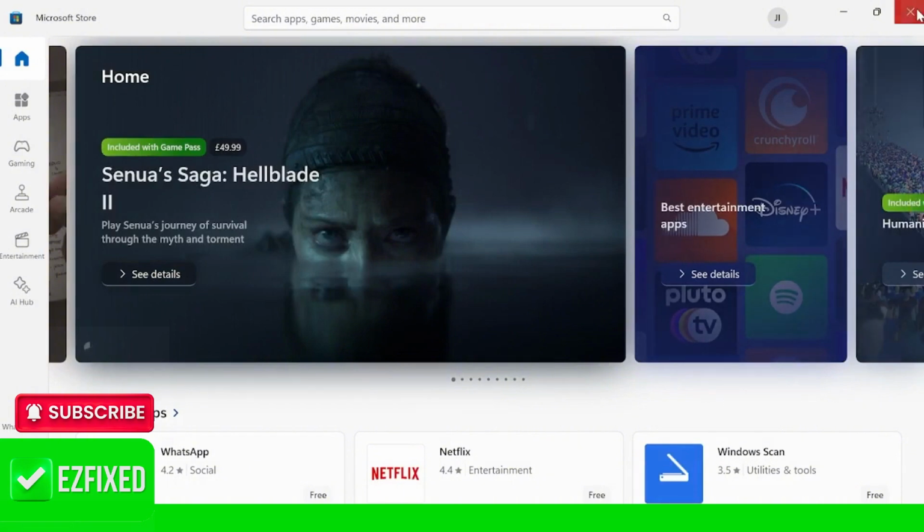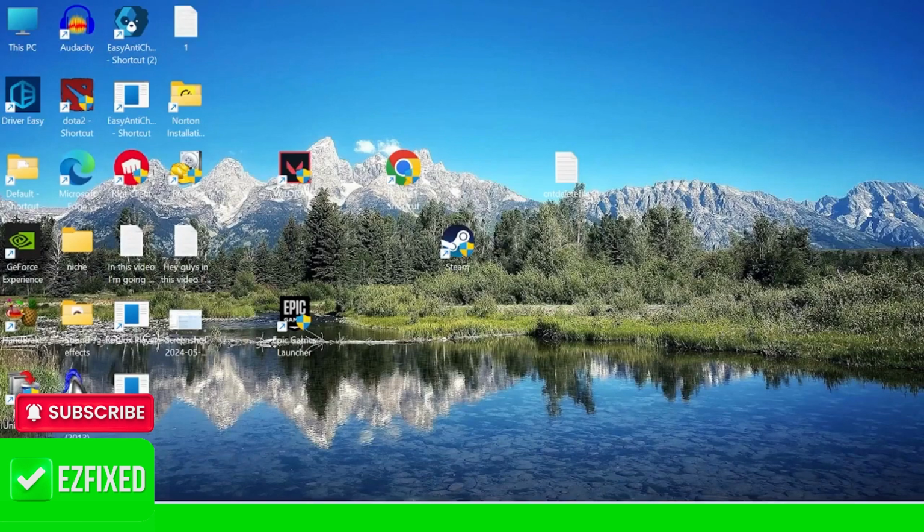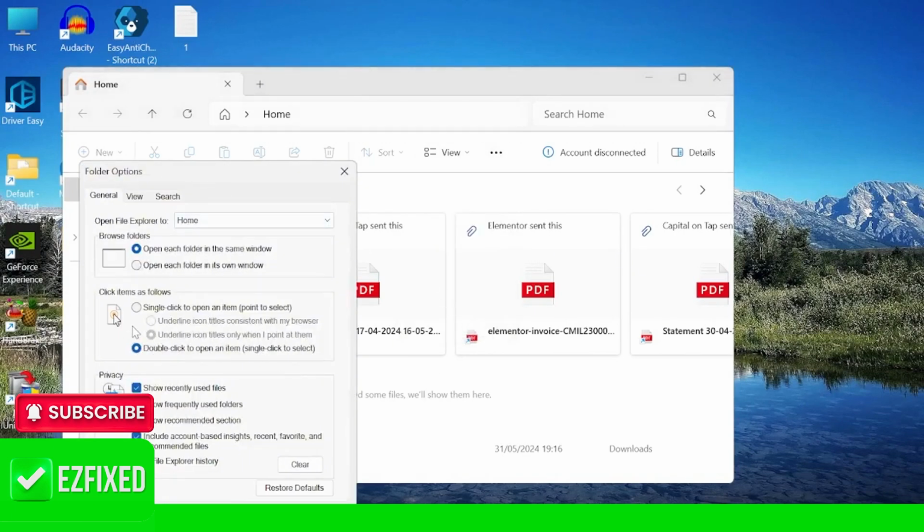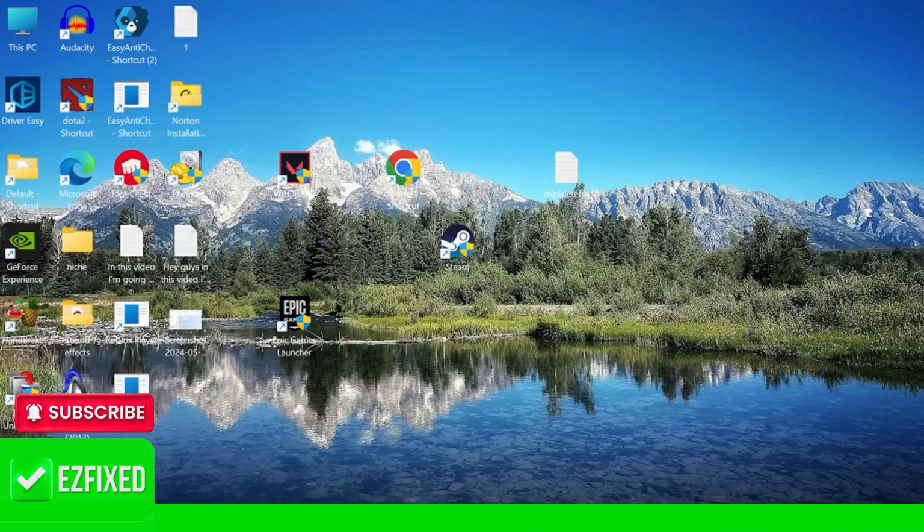You can then close out of this window, and next thing we're going to do is come over to our File Explorer, and you can be inside any folder here, it doesn't really matter. And we're going to select these 3 little dots and come into options. Then inside of this general tab, we're going to clear all of our File Explorer history by selecting the clear button here. Once you've done that, you can just select OK, close out of this window and head back to